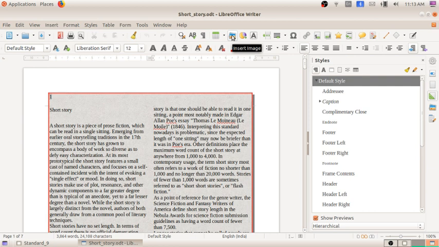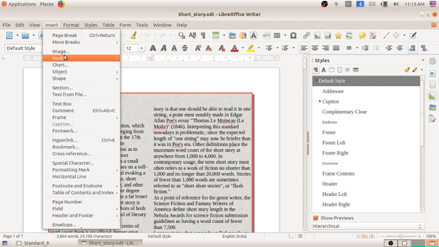The shortcut of insert table is Ctrl plus F12, but sorry, that is not for adding a picture. Either you can go to the option insert image, or in the insert menu there is an option called image. Any of the methods you can select for inserting an image in the file.